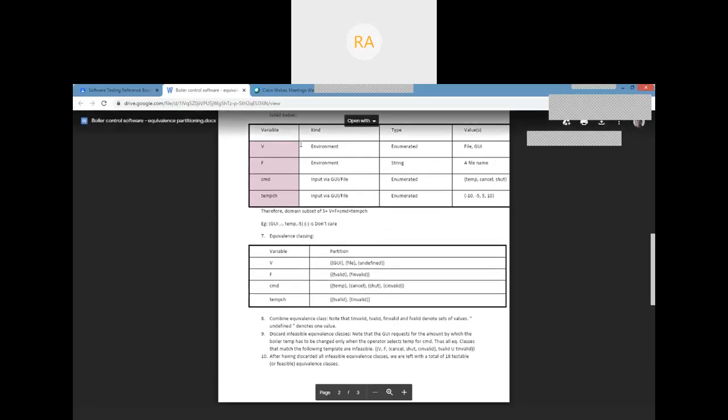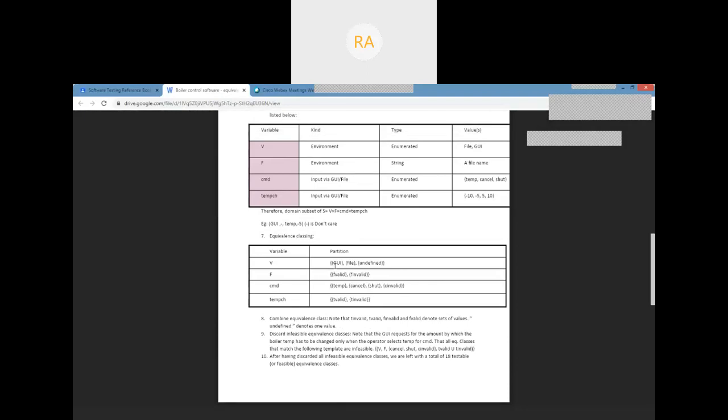If I check for V, what are the permissible values for V? That is either file or GUI. That's why it can assume the value either GUI or file, and they are sets again. These are not individual values because I am creating the subdomain. Subdomain means subsets of the permissible values.